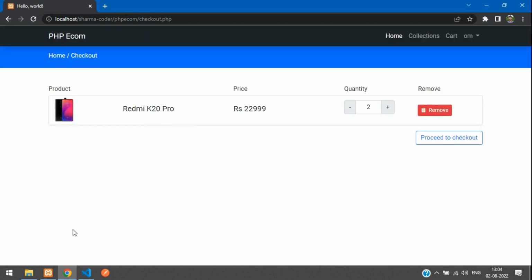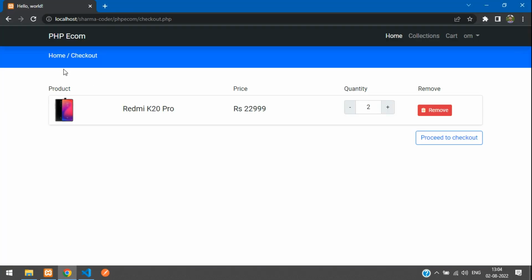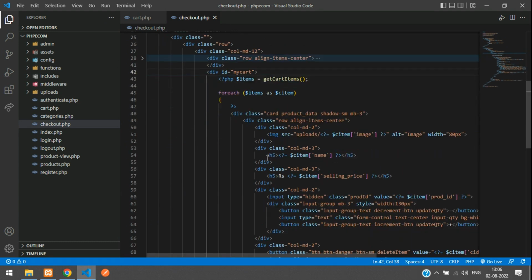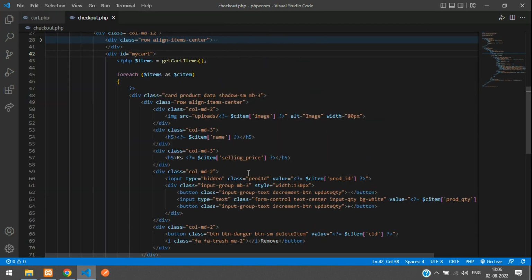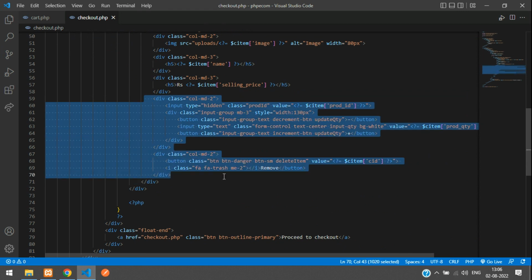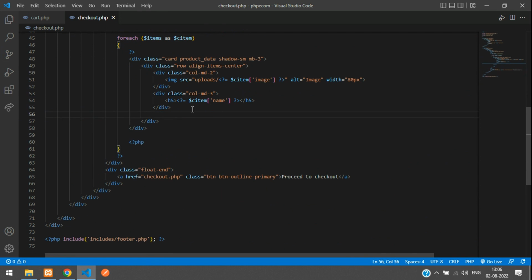So what we are going to do is, we will be designing the checkout page in a way that half of the screen will have the checkout details and in this side we will have the cart items. Okay, so we can use this same code to display the cart items. So first what we are going to do is we'll just open this and we will remove this increment and remove button. So we just need the product name and the image and the quantity. Okay,